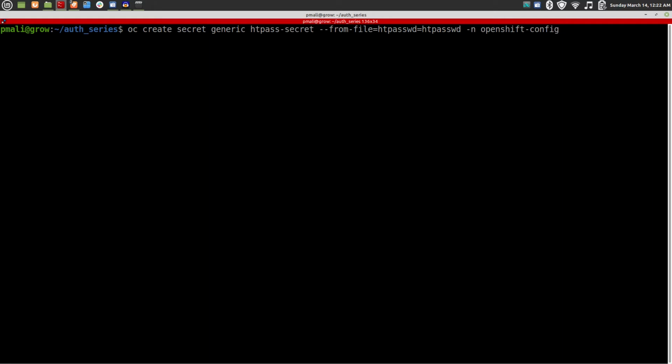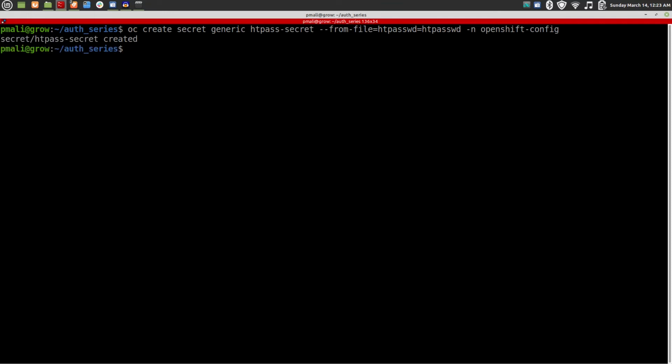Let me check once. oc create secret generic htpass-secret --from-file, htpasswd is my file name, -n openshift-config.